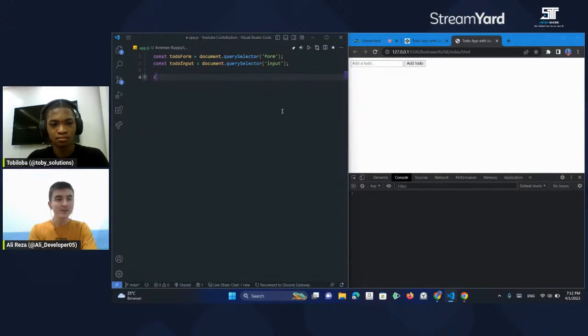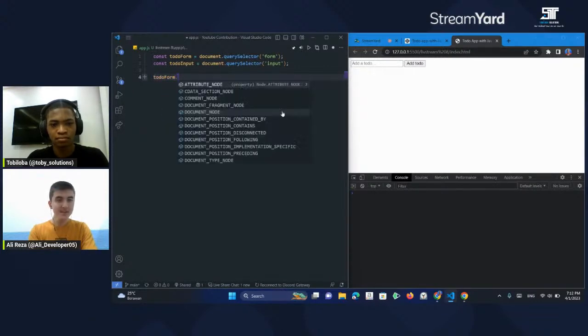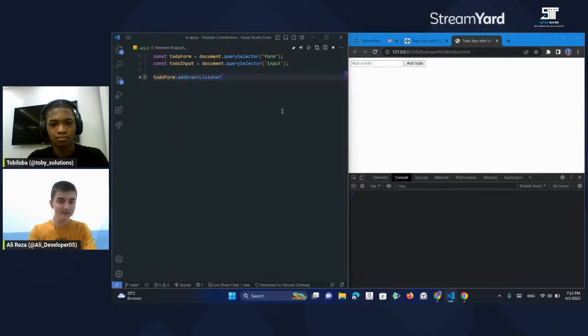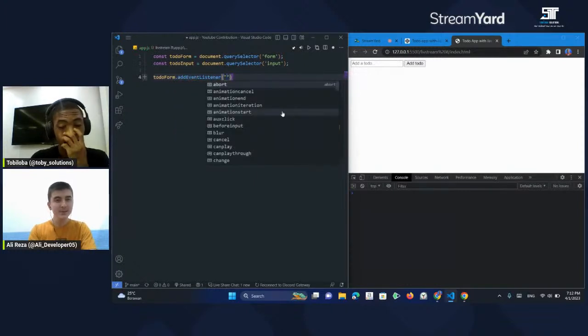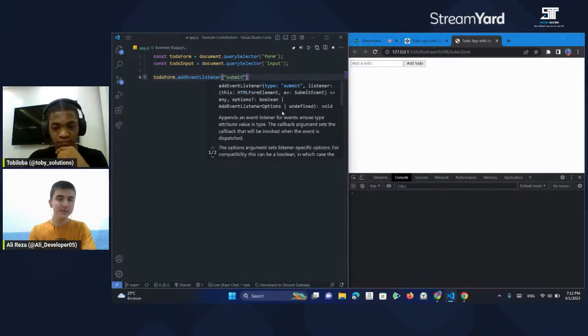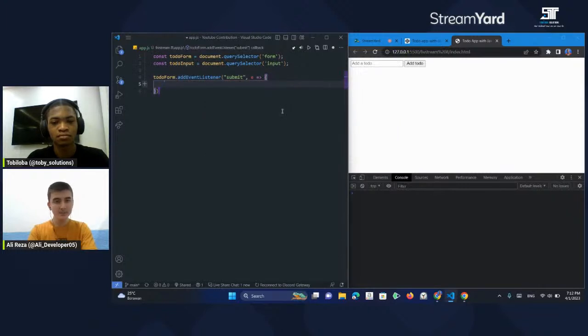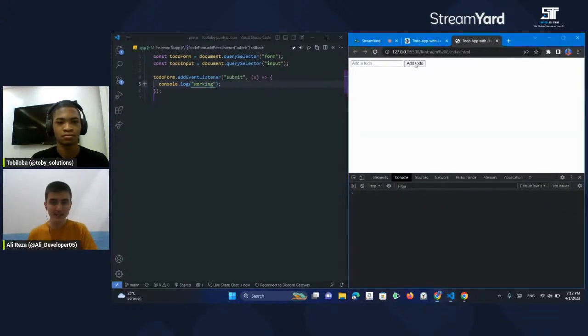So we are going to target the todo form and add an event listener. Instead of click, we are going to say submit. Whenever we submit the form, we need the code inside of this event listener to happen. So for a demo, to see whether it is working or not, we can console.log it and say working. So when we submit the form, it's